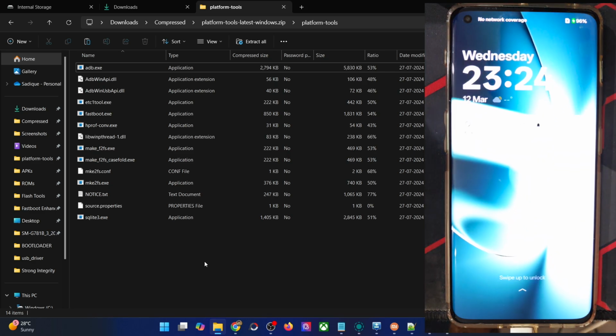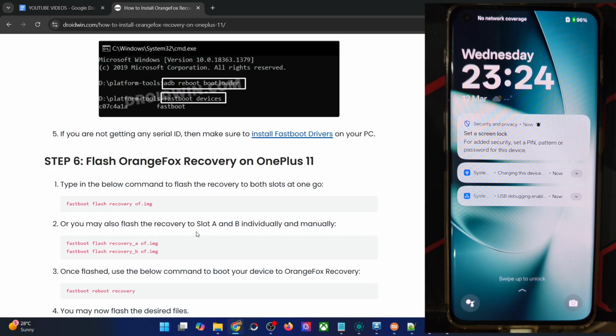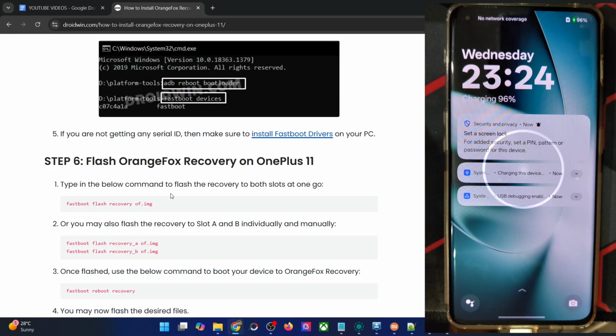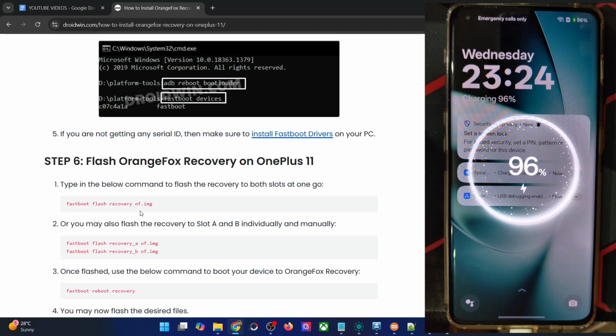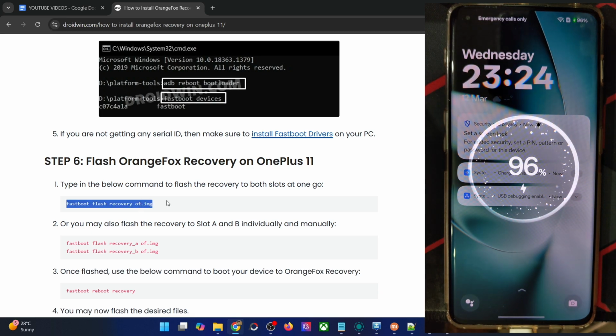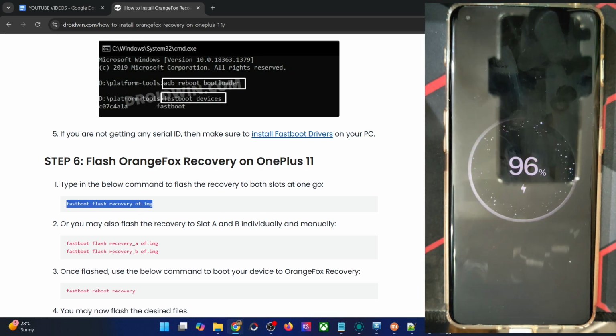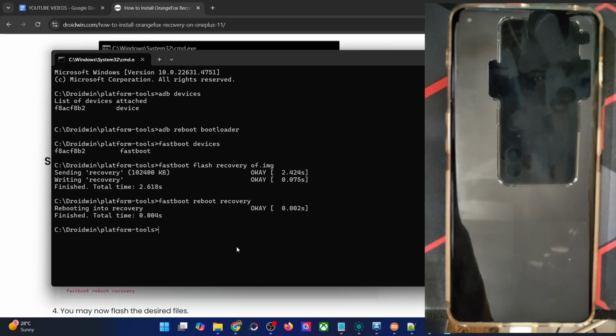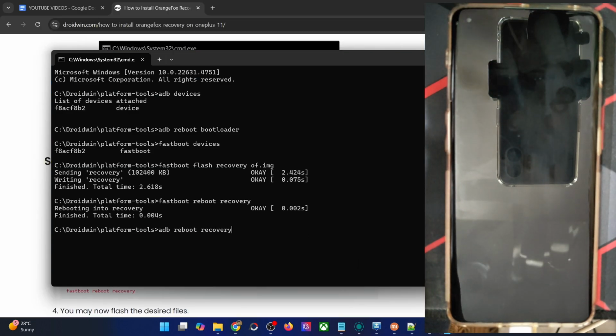So guys, this was all from this video on how you could flash the OrangeFox recovery onto your phone. You may also reboot to the recovery via the hardware key combination if required, but mostly I use the ADB reboot recovery command. So from now onwards, just keep the debugging enabled and type in adb reboot recovery, and you may then easily reboot to the recovery.